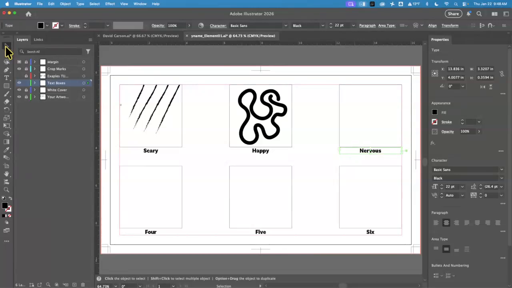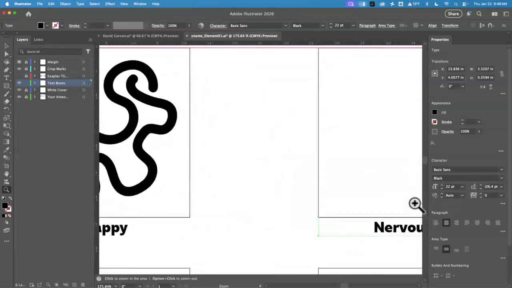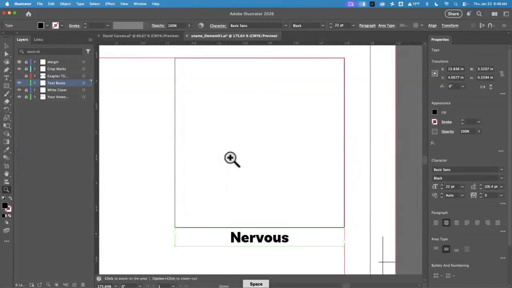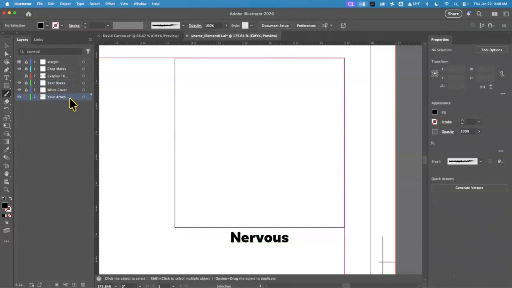What would nervous lines be? So let's do some like, oh, I know. You know what? Let's see what nervous reminds me of. Like a Charlie Brown, like his mouth when he's nervous. So I'm going to make sure I'm on your artwork here, and like,